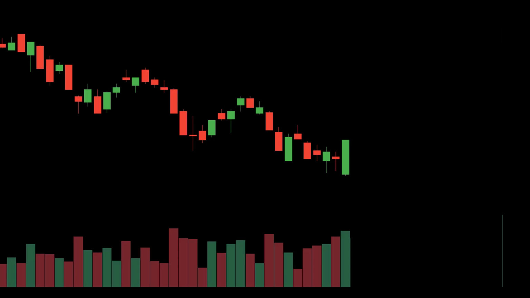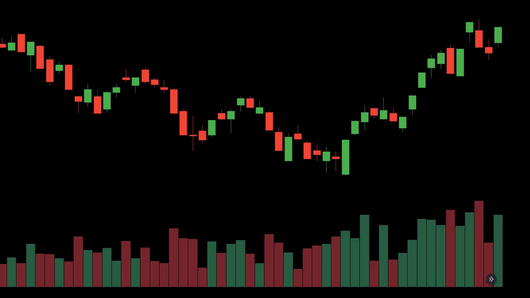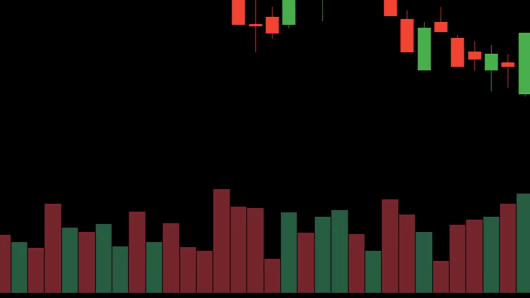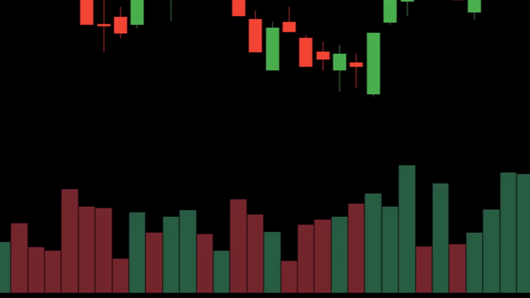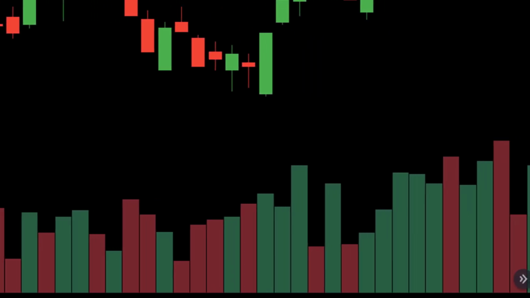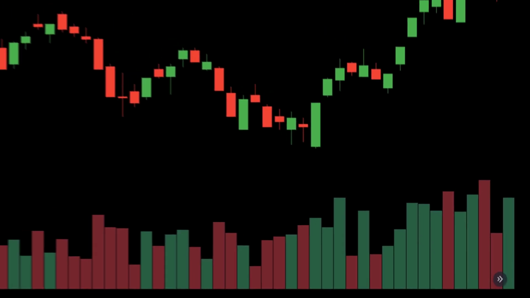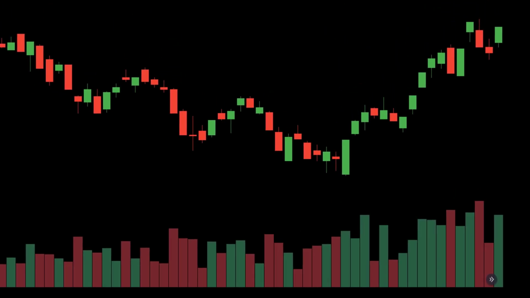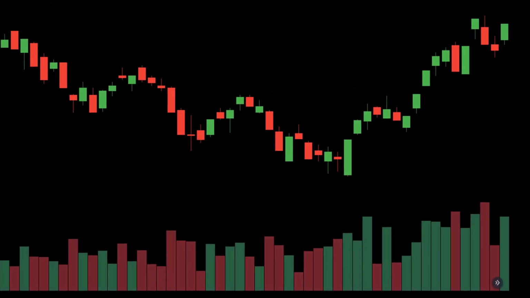What follows is a strong uptrend where bullish candles appear with high volume, while bearish candles show very low volume. This confirms strong buying pressure and shows that selling activity in the market is minimal. We've seen that volume is a critical indicator. It helps you measure the strength of a market trend. When combined with other tools, it supports traders in building smarter entry and exit strategies.